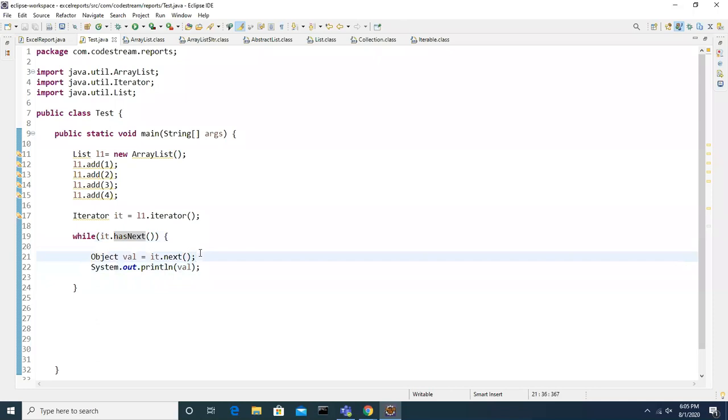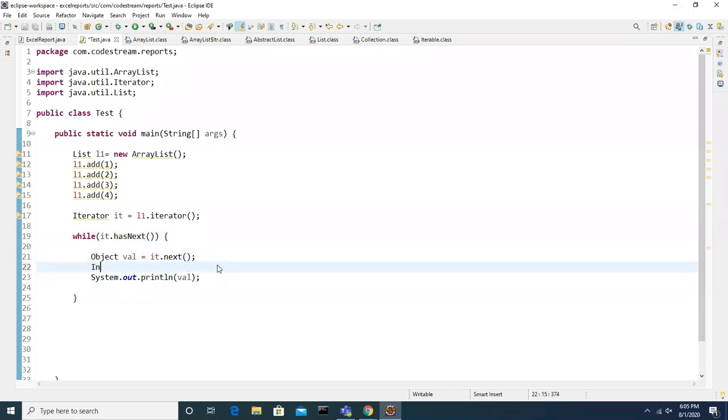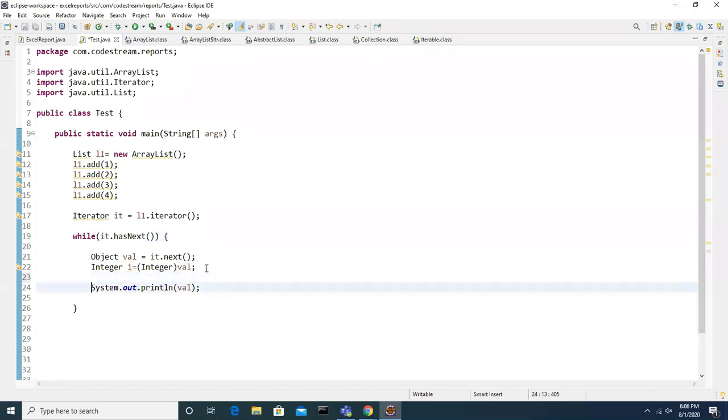Now what is our concept here? We want to convert it because all are integers, right? Integer i equal to, same logic. I am just typecasting, that means converting one type to another type, by using the typecast operator. What is the typecast operator here? It is nothing but brackets, keeping the data type within the brackets before the object which you want to convert.